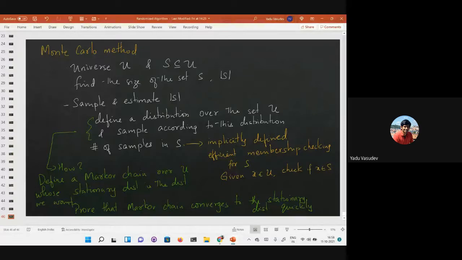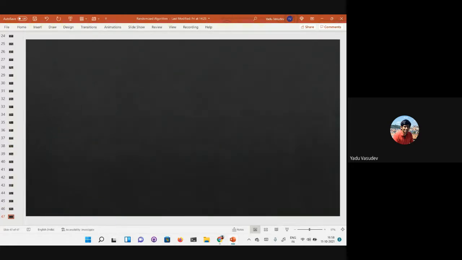So this is one of the ways, a very common way in which it is studied. This is known as the Markov chain Monte Carlo method. The core idea is that you have a set whose size you want to measure. That set sits in some large universe. You sample from that universe and look at the number of samples that fall in the set S. And the reason this works is the following. If you recall, you have some quantity that you want to estimate, for instance, the cardinality of S.